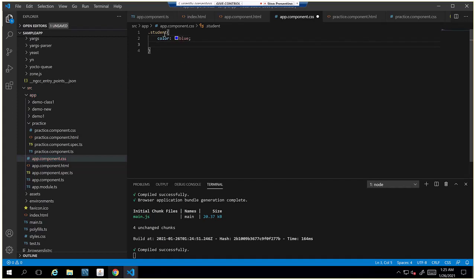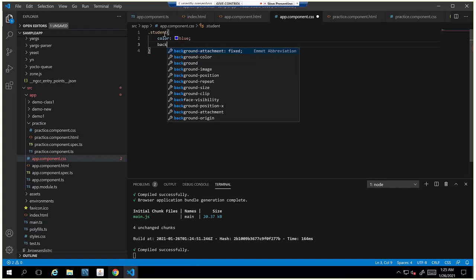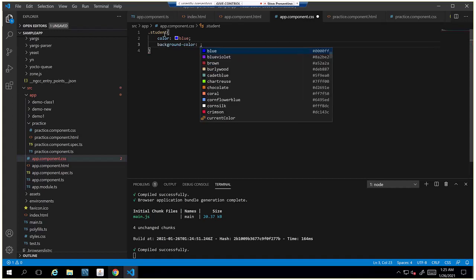If you miss anything, simply type two or three letters and you can get help from this context menu. It will come automatically, and if you want to select any of the colors from here, it will show us some other colors here.